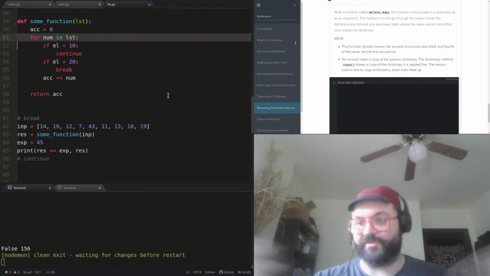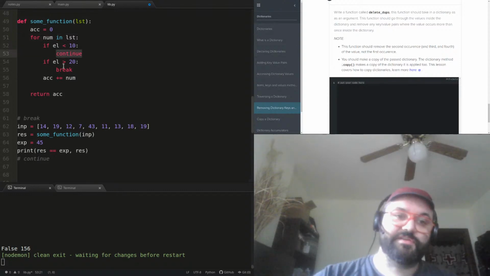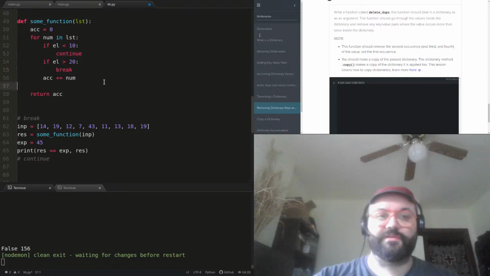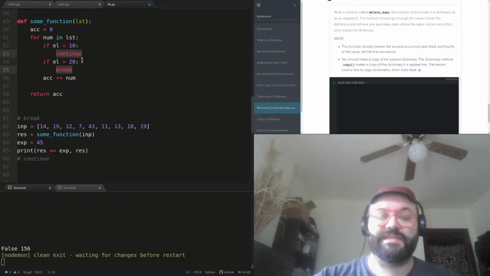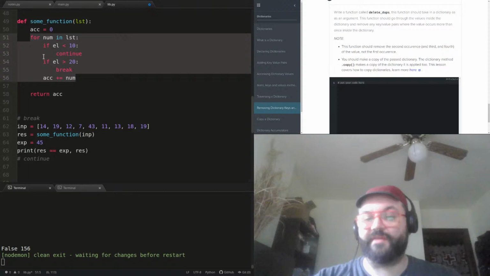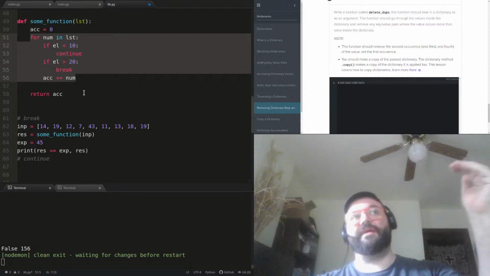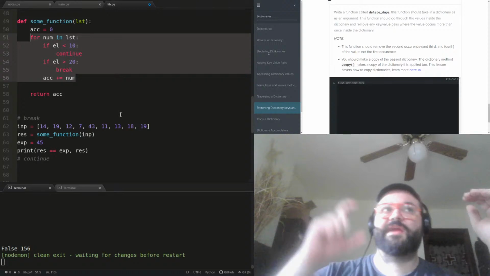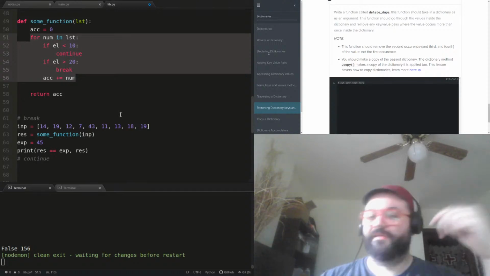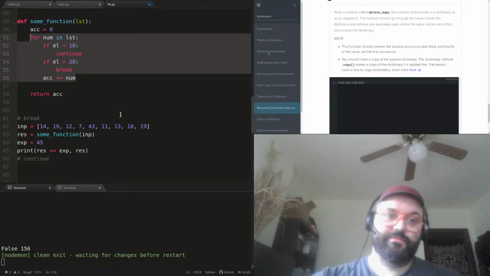There's not a next iteration to this loop. There might be a loop after it, right? This might be inside of another loop. But in either case, if this loop was nested inside of another loop, this break and continue would apply only to the loop that it is most immediately inside of. So if you have loop B inside of loop A, and you have a break or a continue inside of loop B, it's only going to affect loop B, not loop A, not the one in the outer scope.